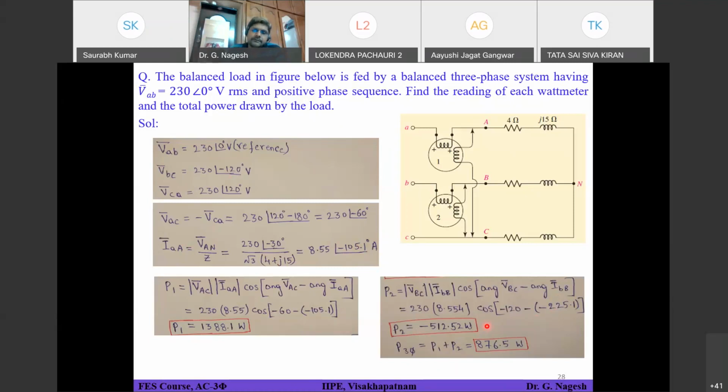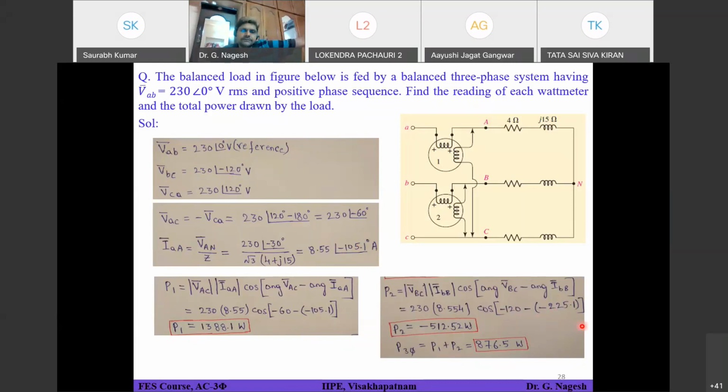Okay. So others, anyone got this answer? Yes, sir. Okay. So you should get P2 as 5